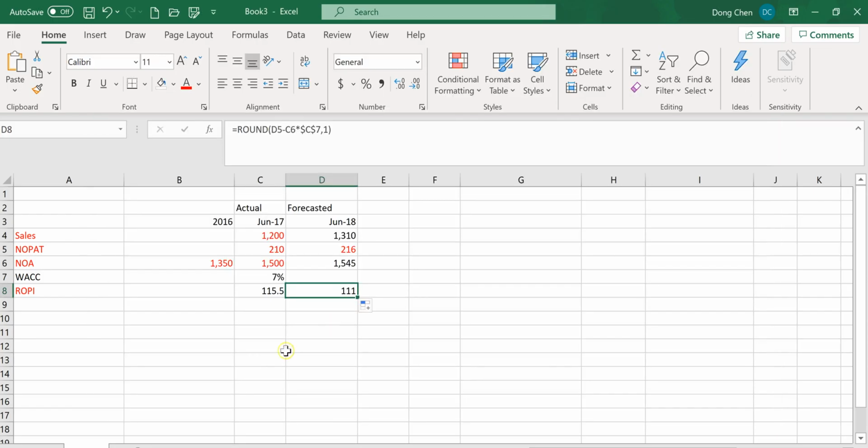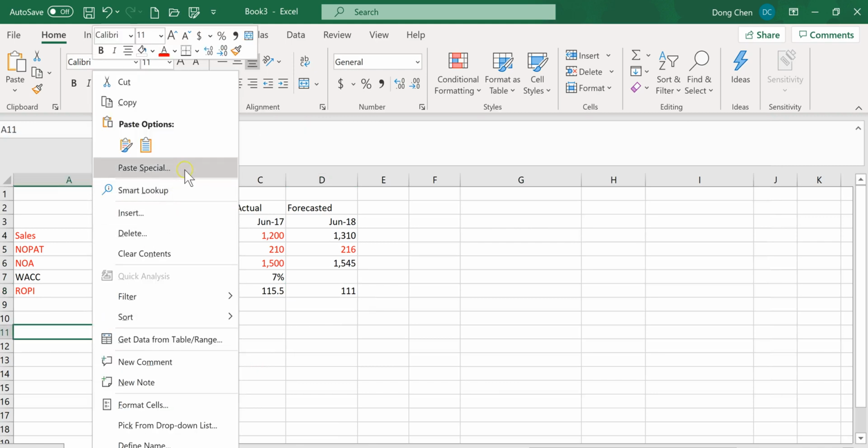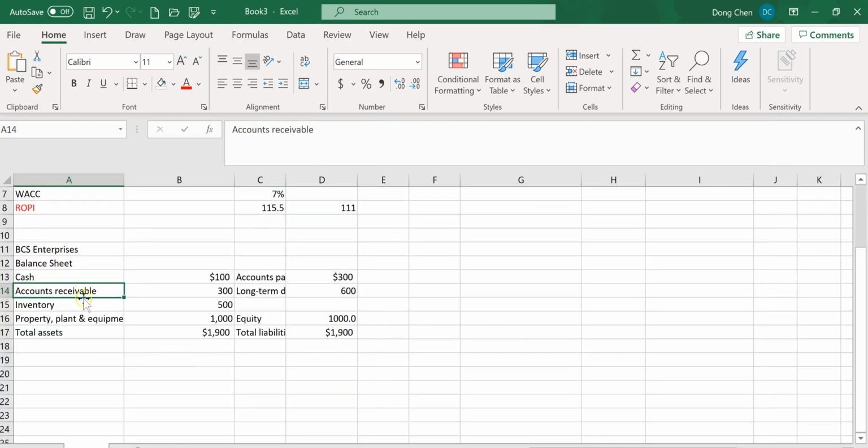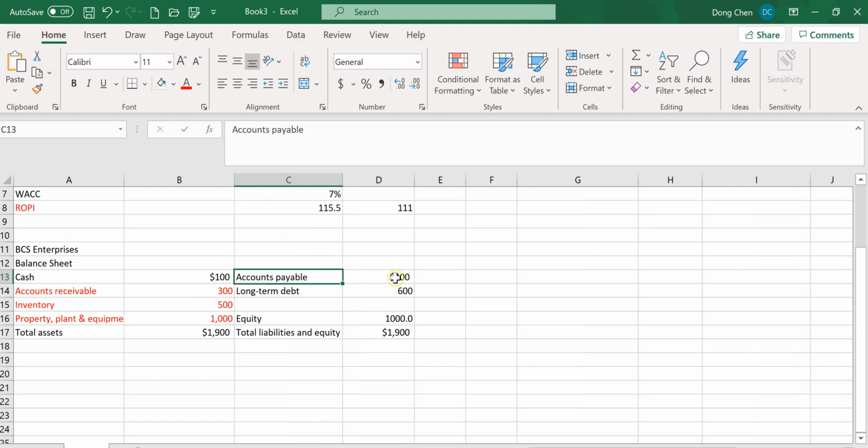copy the balance sheet and do a calculation, right? To do that, we first mark all the operating assets and operating liabilities in red. So we know which items we want to operate on, right? So accounts receivable, inventory, and PPE, they are all operating assets, and accounts payable is the only operating liability. And cash, long-term debt, they are not operation related. So now